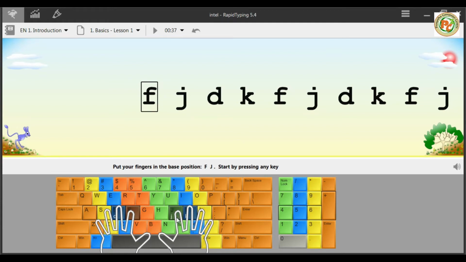Similarly from the right hand side, the index finger will cover J, H, U, Y, 7, 6, and N, M.